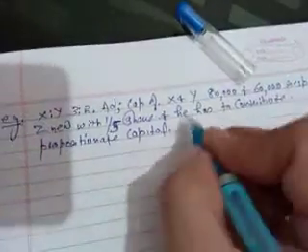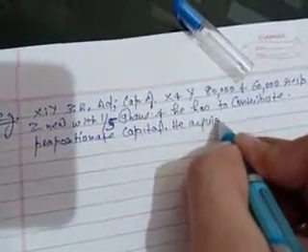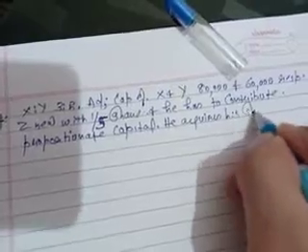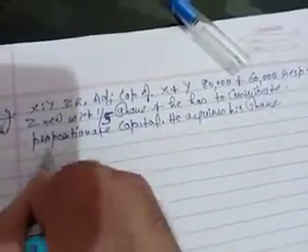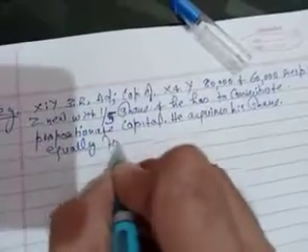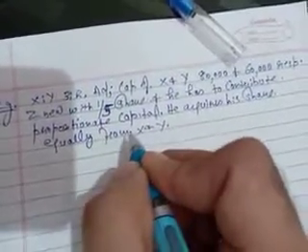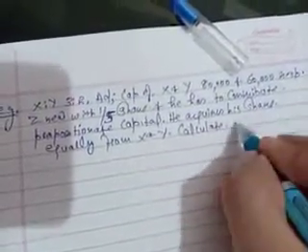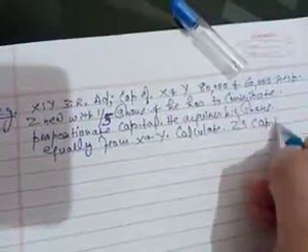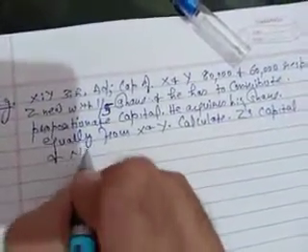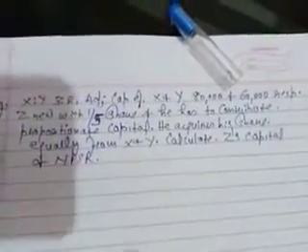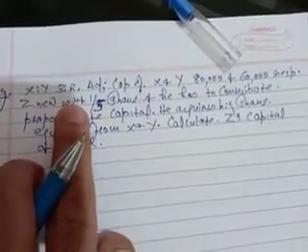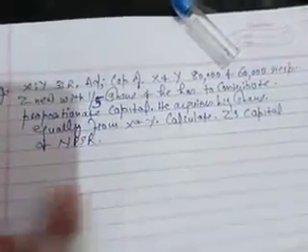Okay, he acquires his share equally from X and Y. Calculate Z's capital and the new profit sharing ratio. These are both we have to calculate. So let's see the question once again. X and Y 3:2. Okay, this is all what we have to calculate. Now let's start with the solution.